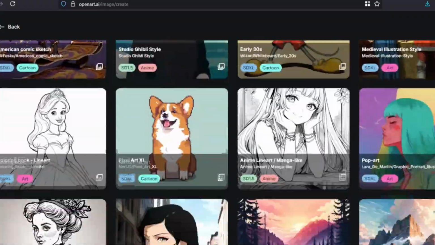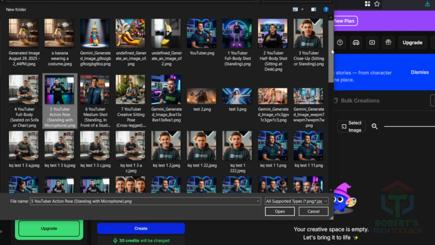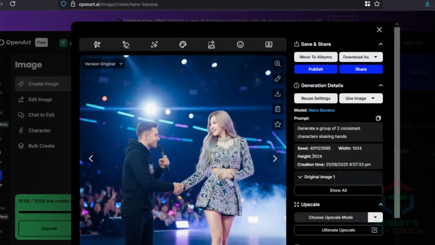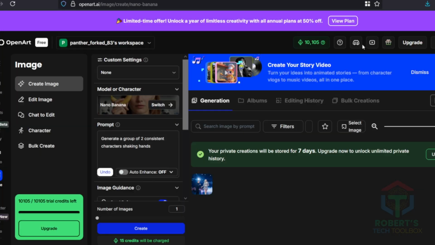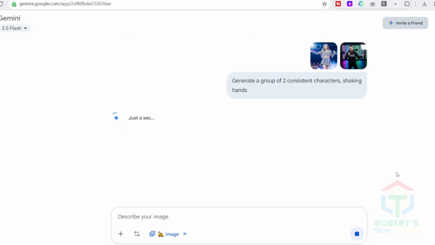Now, let's run the first variation. I inserted 2 images and used this prompt. Generate 2 consistent characters shaking hands. Look at that, 2 characters, perfectly consistent. Then I ran the same test using the official Google Gemini version of Nano Banana, and the results were almost